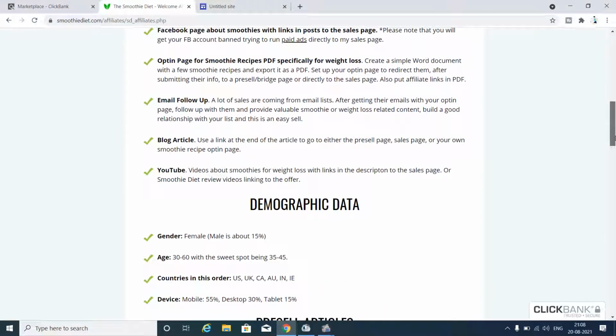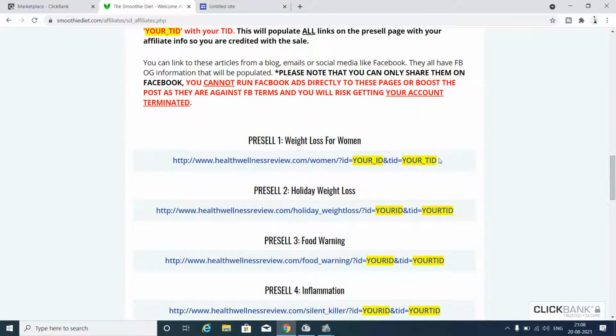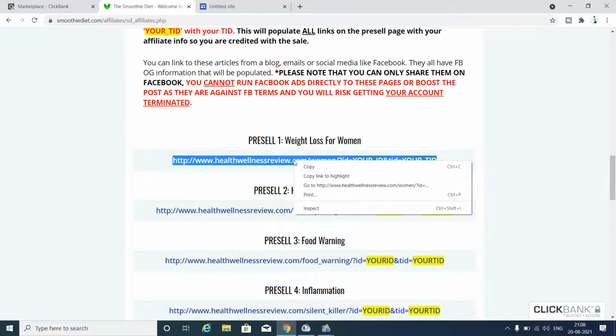We'll just go to this affiliate page, weight loss for women. Then we'll go to the pre-sale one page here, and just go to their site here.